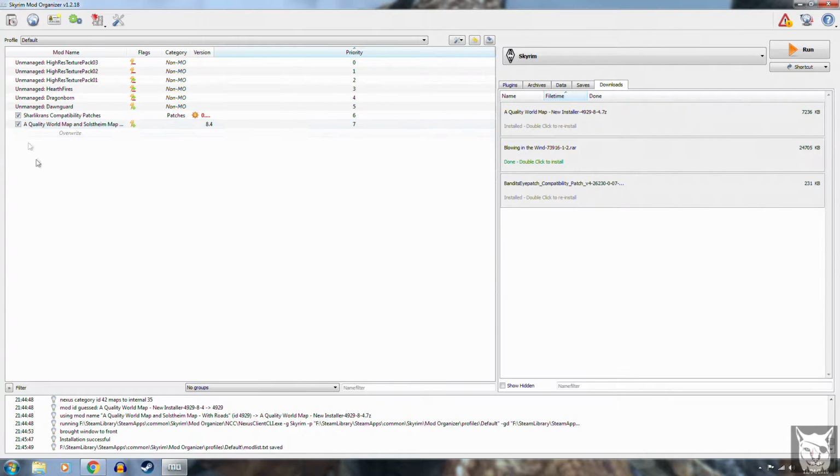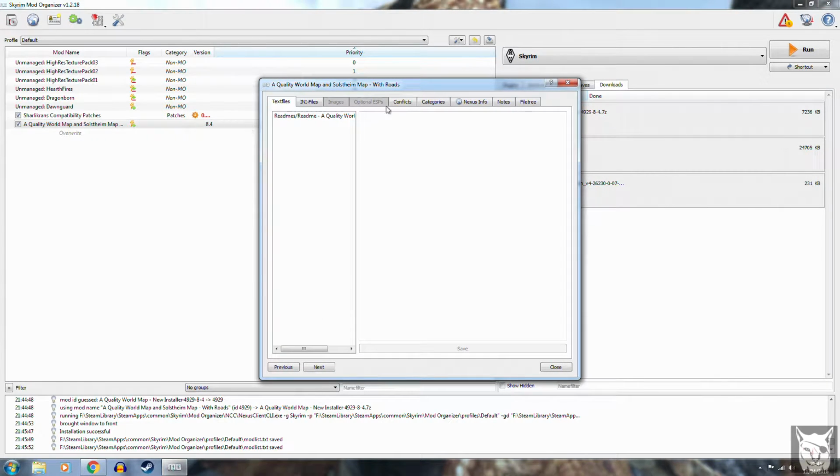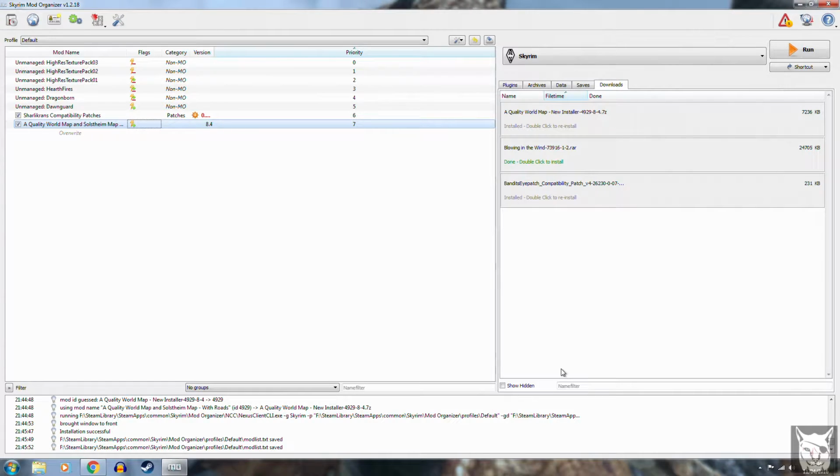As you'll notice, we've got an icon under flags. Hover on it and it says overwritten files. We can double click it and it'll open the information window. Let's click the conflicts tab and see what's showing. We're overwriting the Solstheim world from the High-Res Texture Pack 2 and the Dragonborn DLC. As you would expect, seeing as it's writing the map over, we can click close and install the last mod,